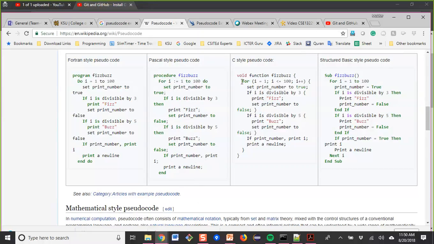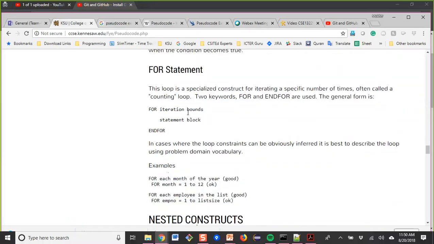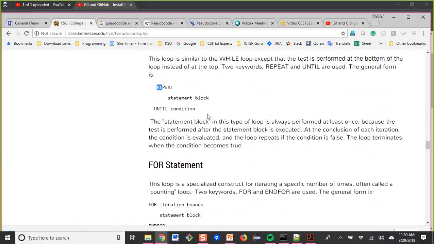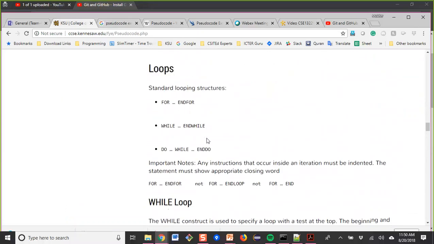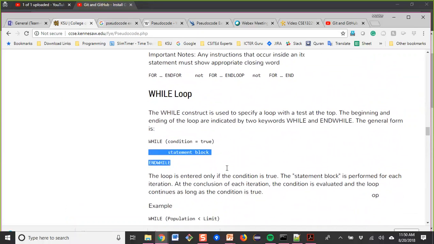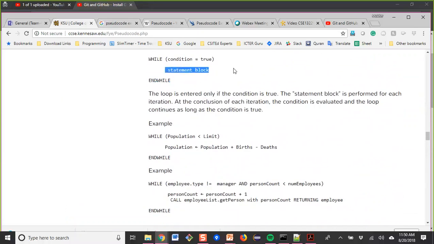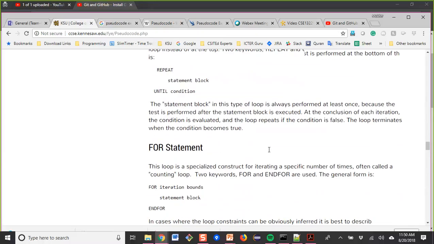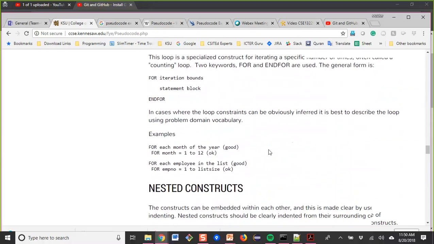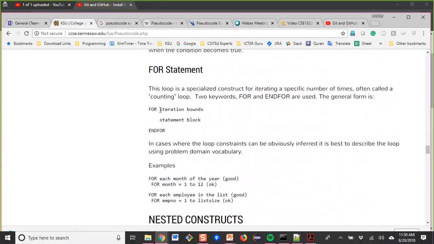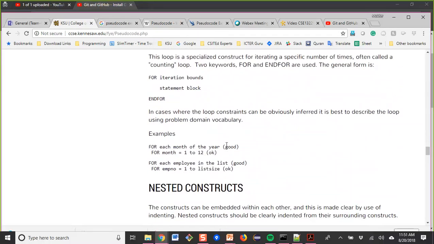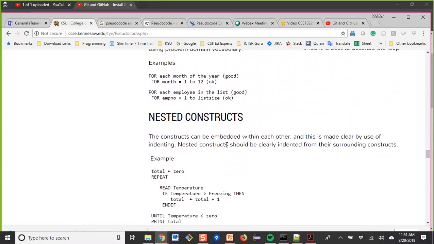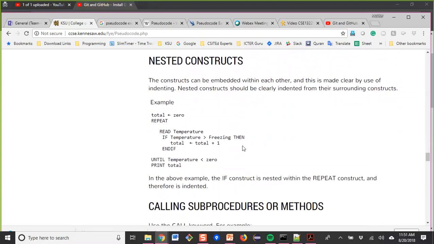And in some programming language structures, instead of starting with then, we put a curly bracket, and here we put the statements inside the curly brackets. That will define that as a block. So we use for for iterative loops. If we count how many times we want to execute this loop, we do this.